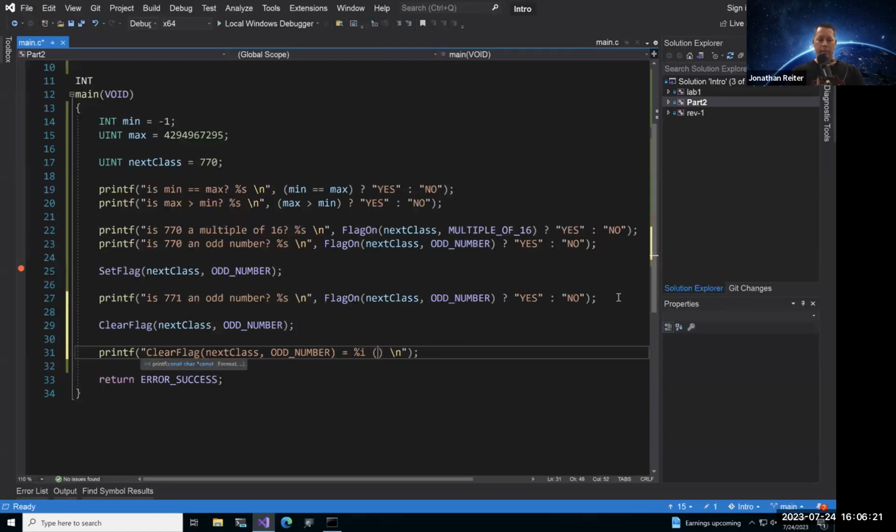And then inside of parentheses, we're going to show the hex value of this, so 0x, %08x. So show me 8 hexadecimal characters. And then go ahead and use our same operator we were using before, flag on.